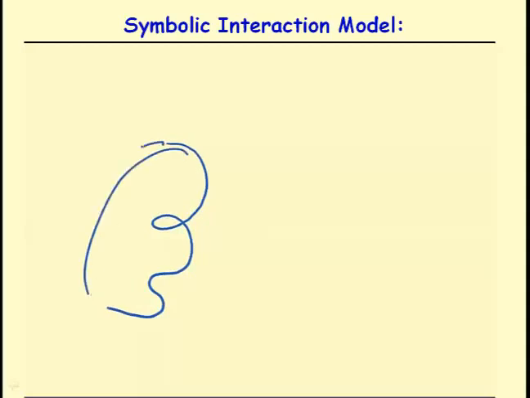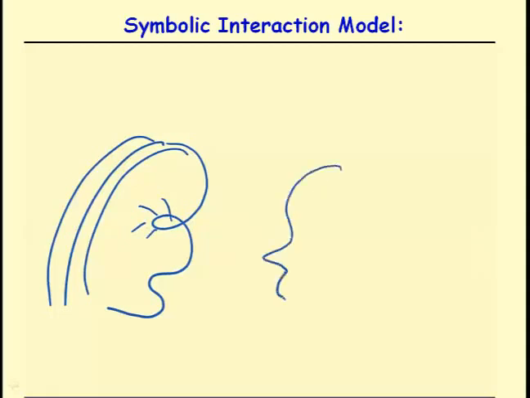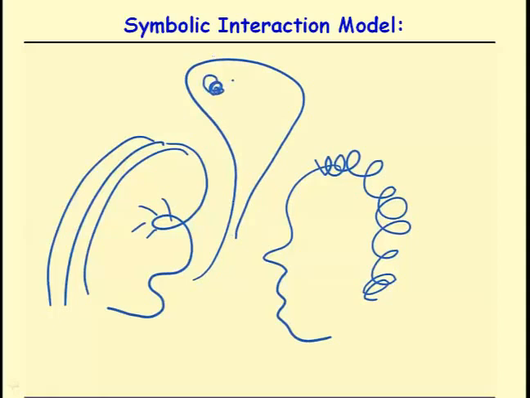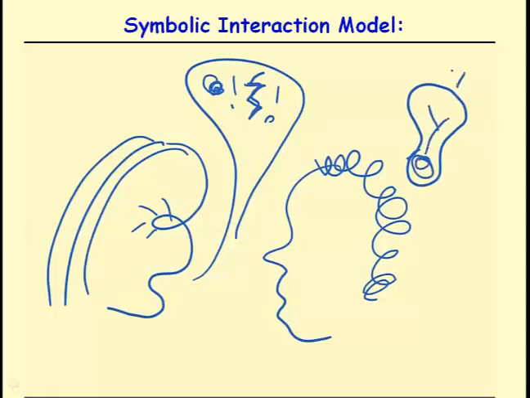So here's me diagramming symbolic interactionism, and I would expect you to be able to also make a diagram. It has to be the level of individuals, and it has to be about interpreting symbols and communication. And because we share the same culture, I'm guessing that you will be able to interpret what these symbols mean. So one person might be upset, might be swearing, and that is what one symbol means, and maybe the other individual is saying, I have a big idea. And you could interpret that on the basis of our shared culture.